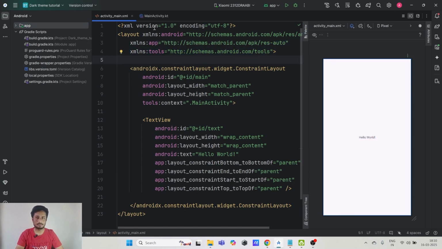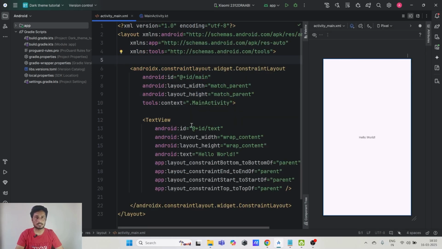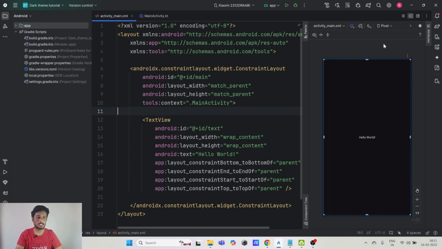and here is the hello world, and in the Kotlin file also there is no code except this data binding. At first, to show you the dark theme, here we can see one symbol. It is showing as a system UI mode, and if we click on this one, by default it is selected as not night, that is the light mode, and the second one is night, that is a dark mode. If I click on this one, the color scheme automatically gets changed,